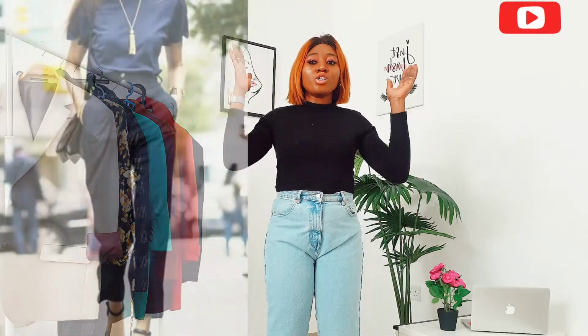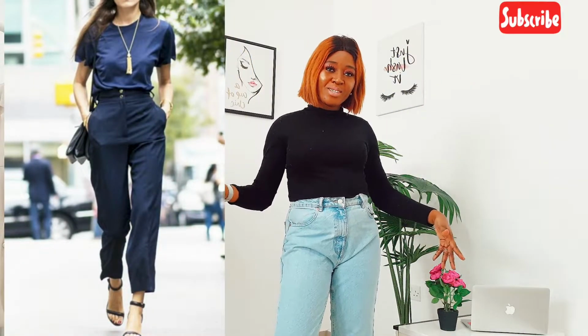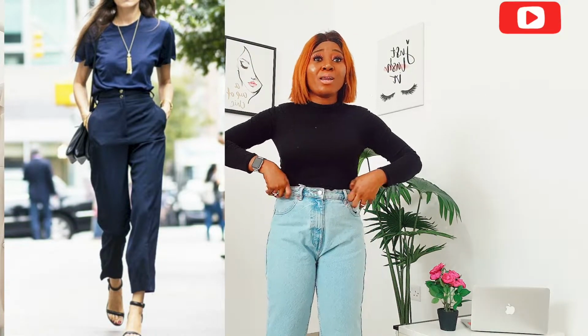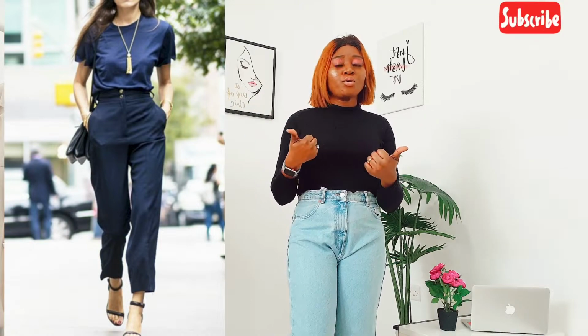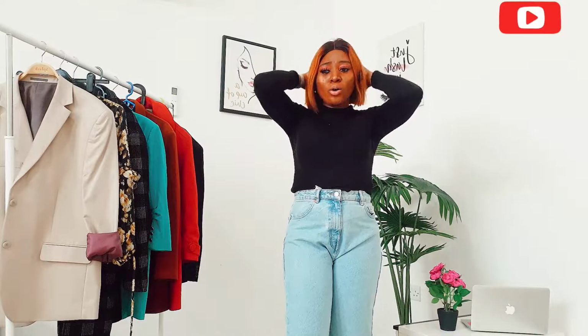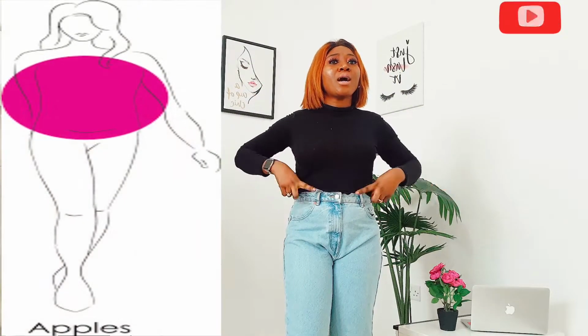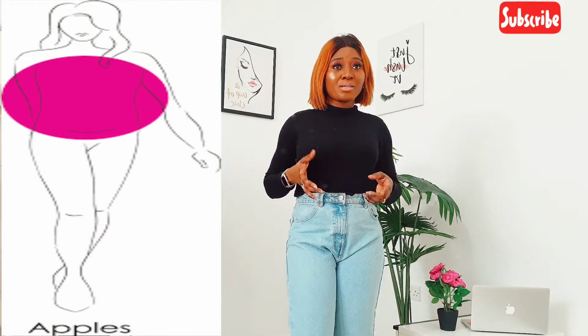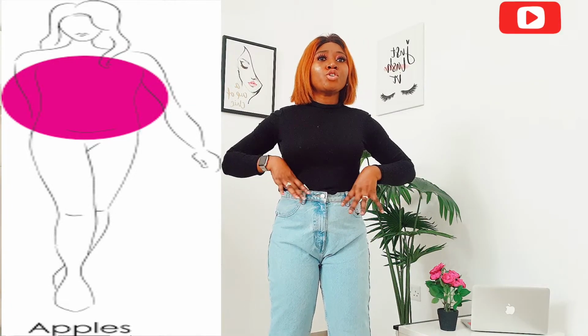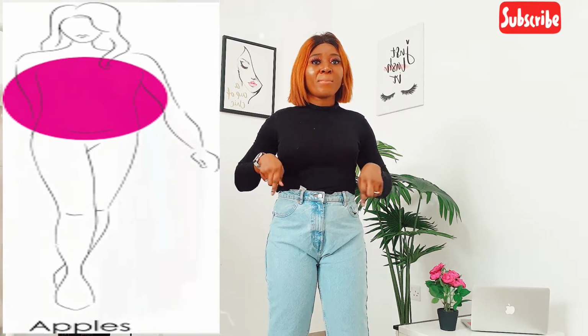Okay, otherwise it's just going to be like no figure. It doesn't even show, because for hourglass shape, the waist is definitely the icing on the cake. All right, so you have to make sure everything you're wearing highlights your waist. Okay, and flared pants, everything that just brings out your waist. All right, dresses, say yes to dresses all the time, say yes to jumpsuits. All right, as long as they bring out the